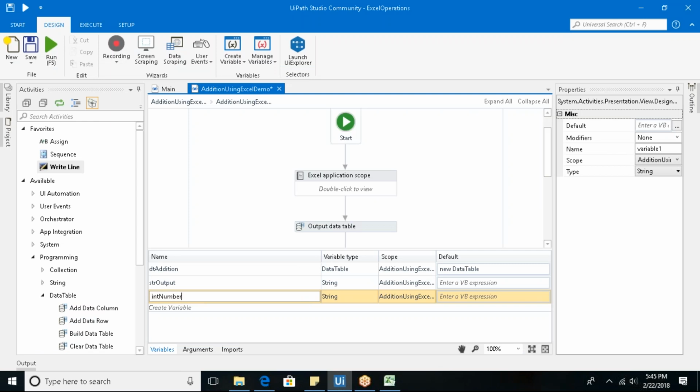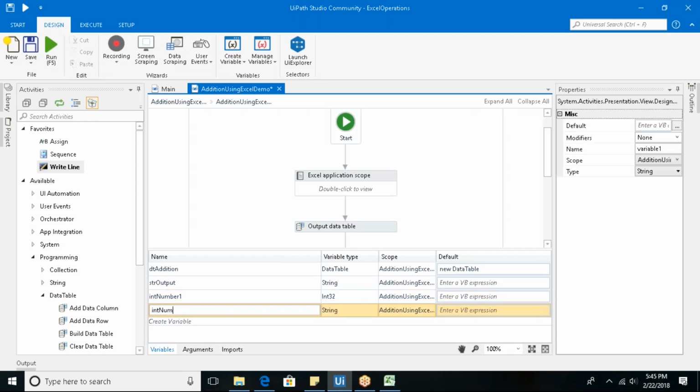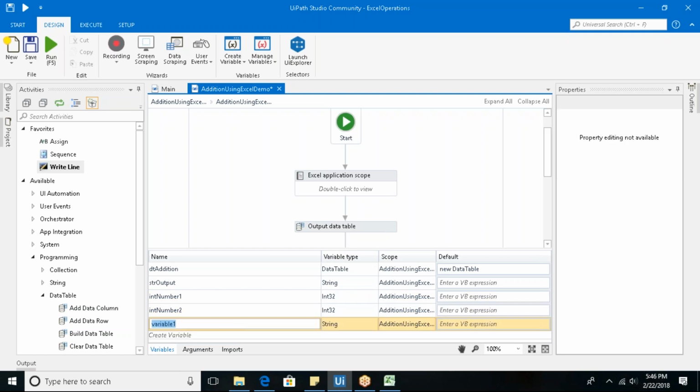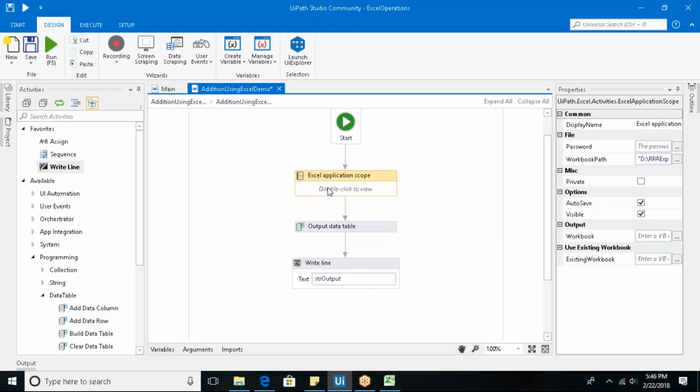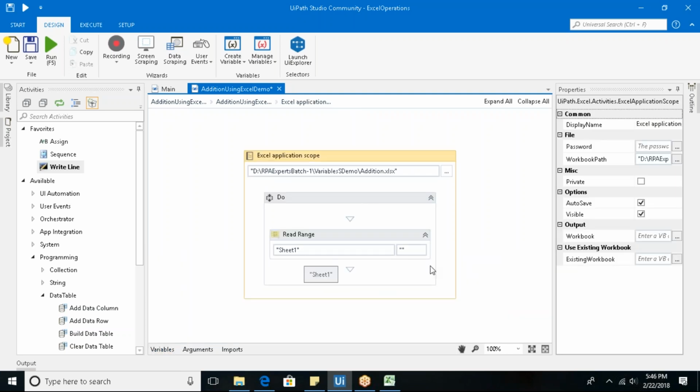Int number 1. So this is integer, and now number 2. This is also integer, and so what is the next one? Int sum. This should also be integer. Now let's double click on Excel application scope, and here what I want to do now, what I did so far,